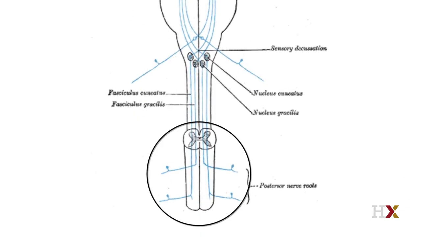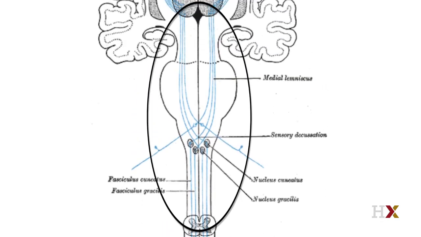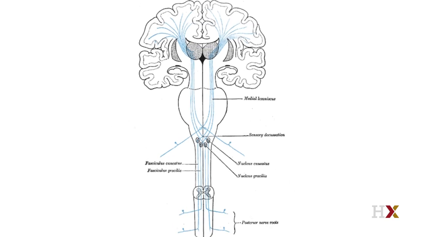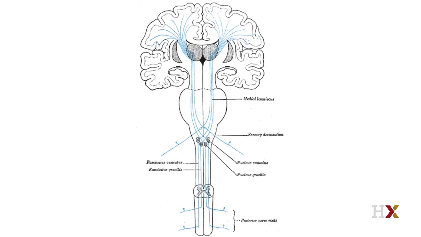The primary, or first neuron, always has its soma in the dorsal root ganglion of the spinal nerve. The secondary neuron has its soma either in the spinal cord or in the brainstem. This neuron's axons will cross to the opposite side of the body and terminate either in the thalamus or in